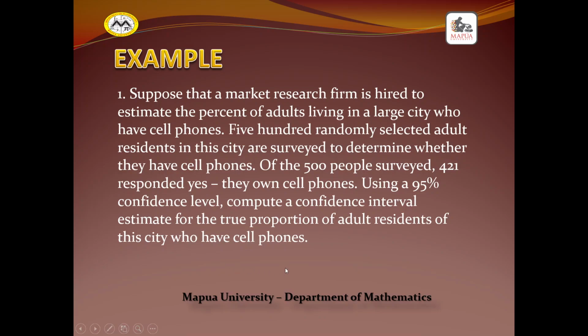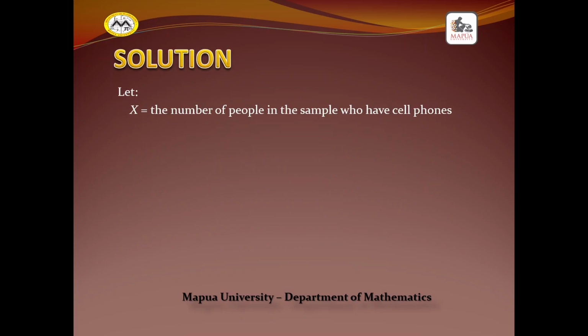who have cell phones. Now, when it comes to population proportion, sometimes it is already given in the problem that the condition is about proportion, or if this condition is not indicated, it is understood that if you are dealing with a larger or bigger sample size, then the confidence interval is simply about population proportion. Okay. When we identify the given here, we can consider that the X is the number